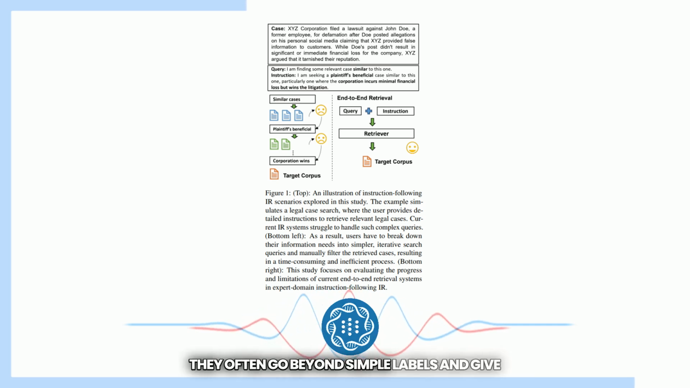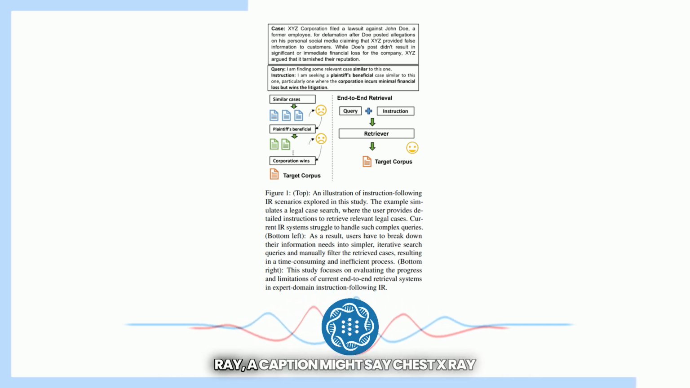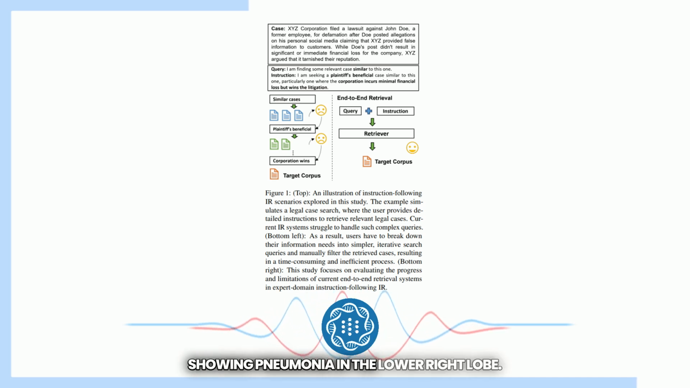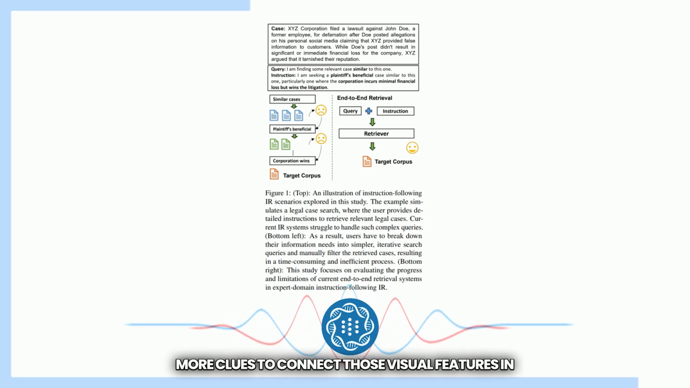They often go beyond simple labels and give more detailed descriptions of what's in the image. For example, instead of just saying chest x-ray, a caption might say chest x-ray showing pneumonia in the lower right lobe. So it's giving the AI more context, more clues to connect those visual features in the image to the